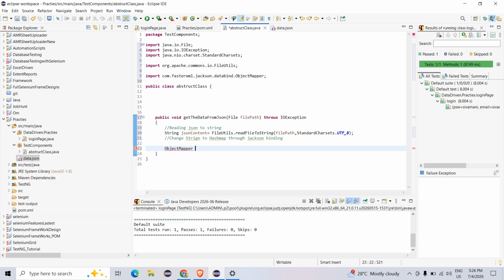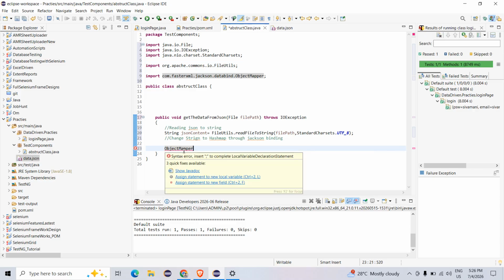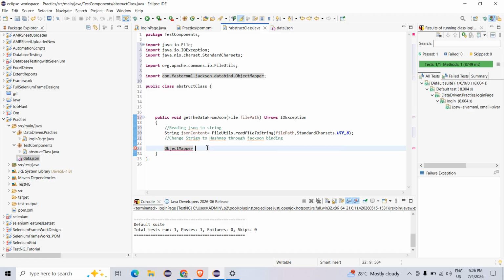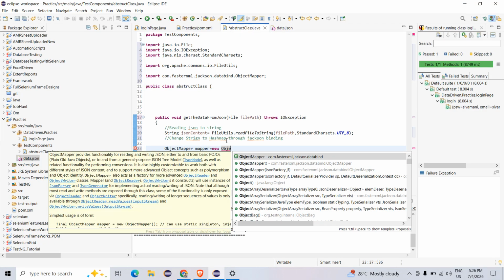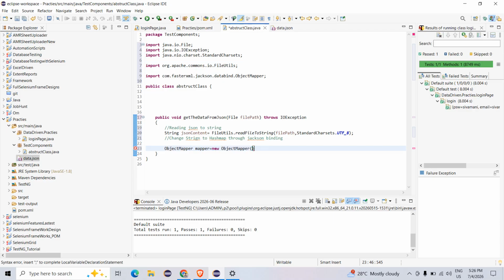So this class will be available only in, see if I cursor here, it will be available. Let me complete this. Mapper equal to new ObjectMapper. If you see here, it is coming from JSON data binding. So that's why this class won't be available in any other classes. So that's why I install the dependencies. So now with the help of this, we'll do many things. Okay,